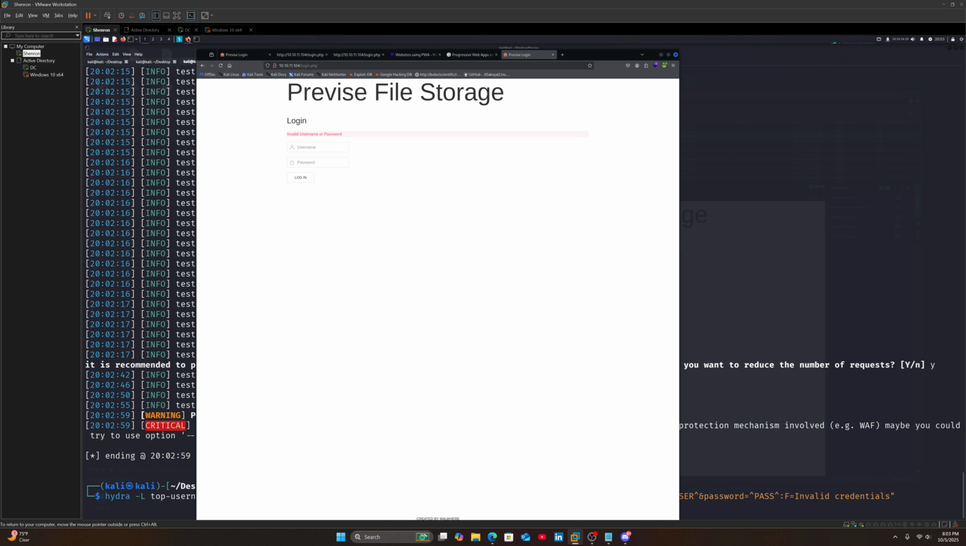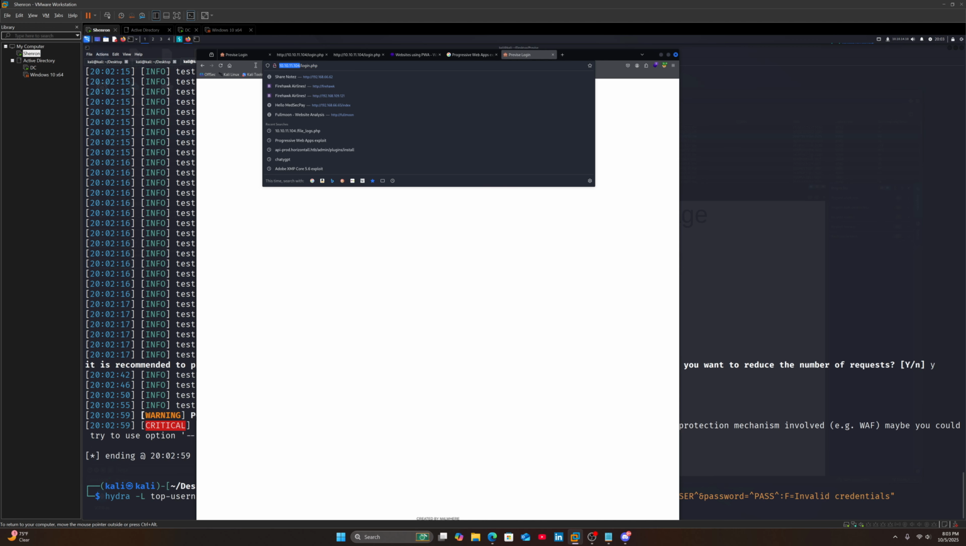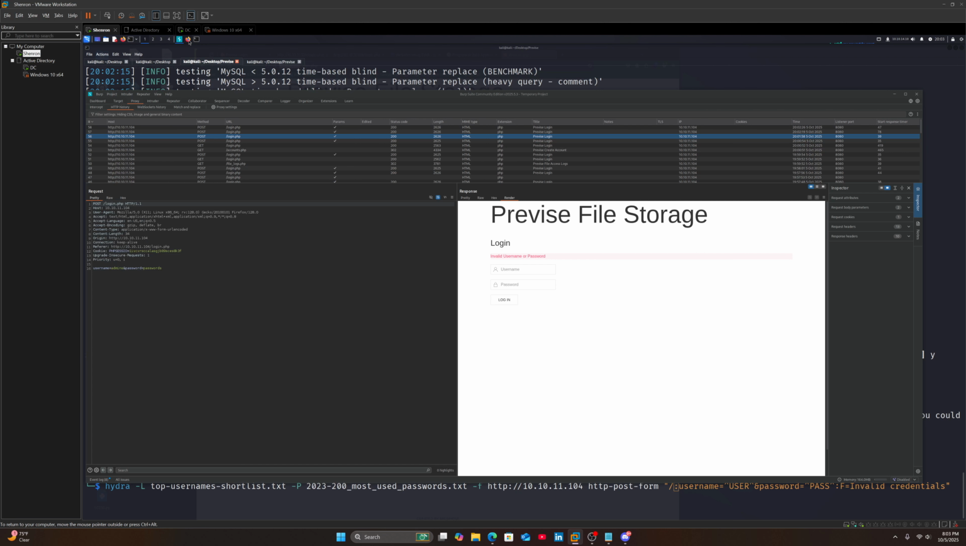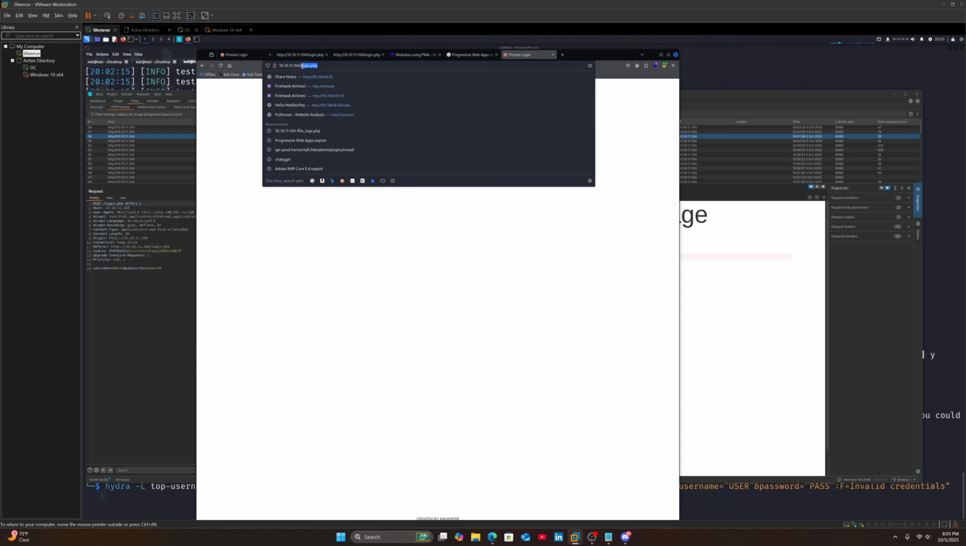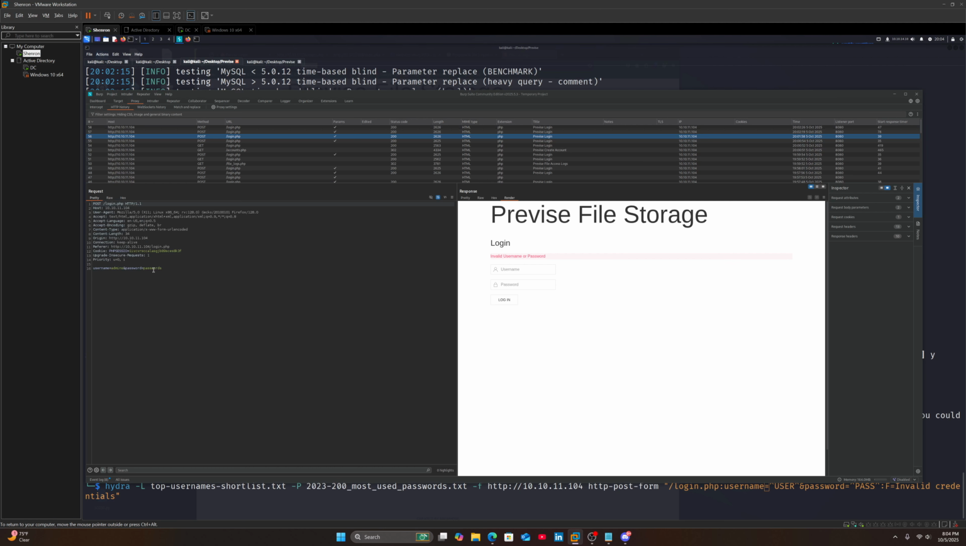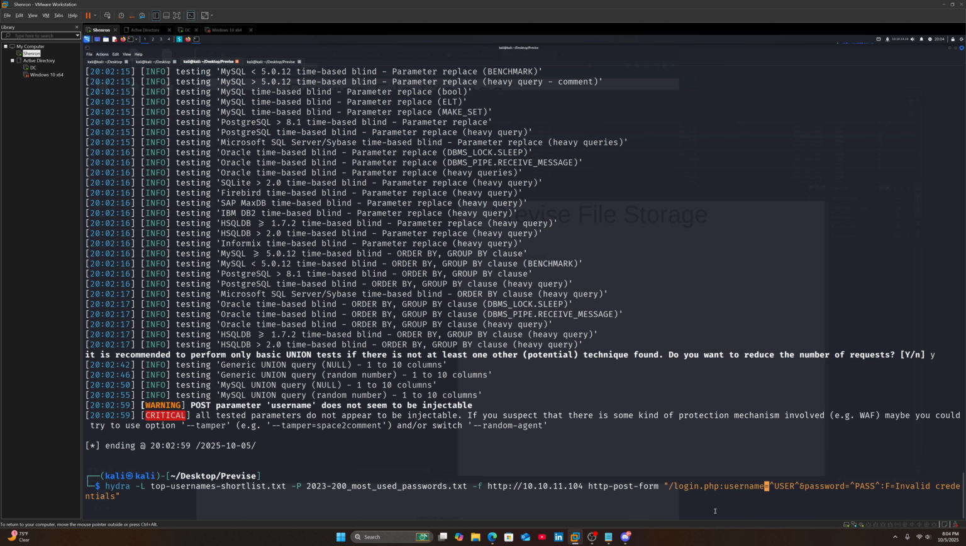So in this case, the IP we're trying to target is this. So let's put this IP in here. Port, don't really need. HTTP post, and we are going to be doing it from login.php. Perfect. The username field will have our username, and the password field will have the password, and the failure will be